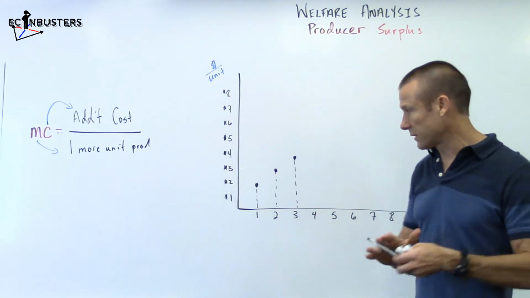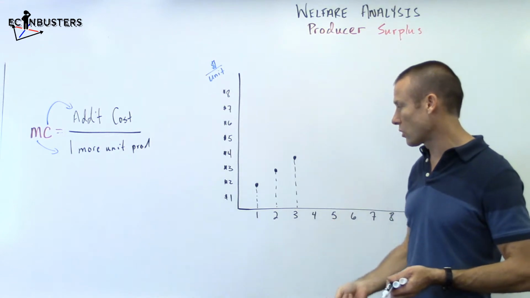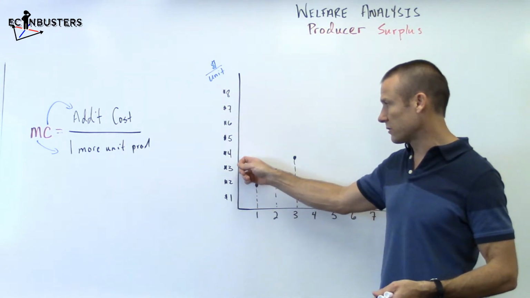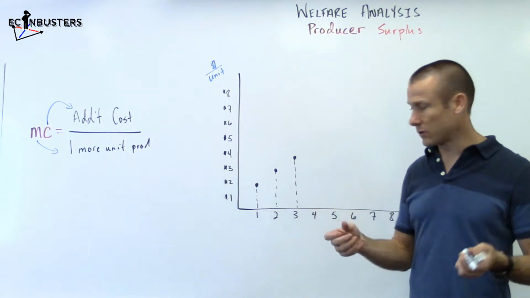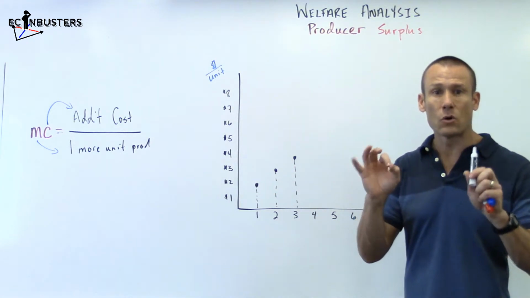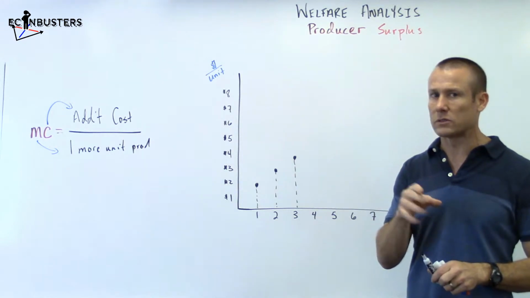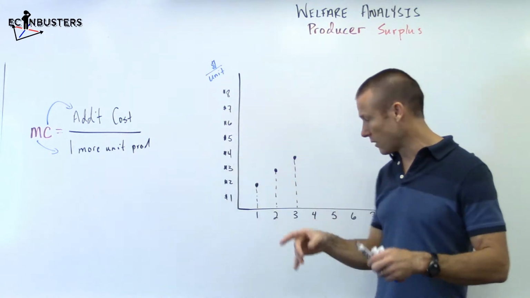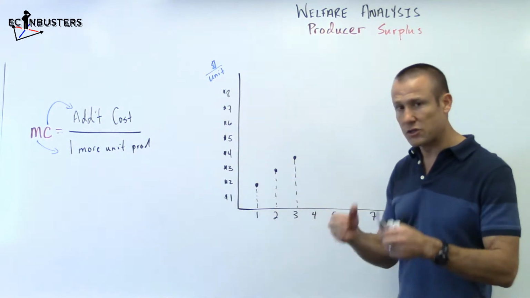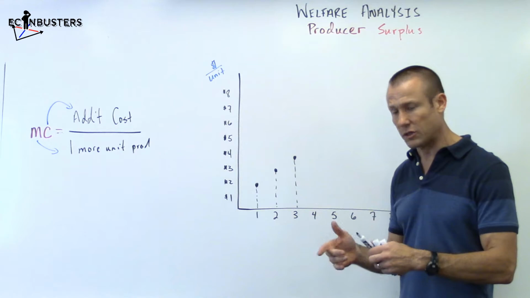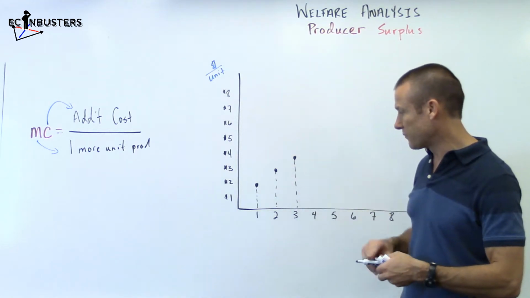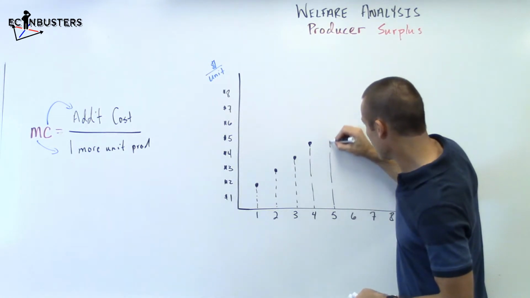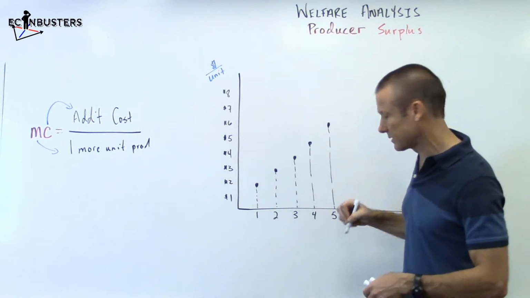Just to make sure we're clear, what does this mean as far as total cost? The total cost to make 3 pizzas would be 2 plus 3 plus 4, which is 9, okay? So to make 3 pizzas, the total cost is $9, but that's not what we're focused on. We're focused on the marginal cost, the additional cost of making one more unit. So to make the first one, $2. The additional cost to make the second one, just to make that second one, $3, and then $4 for the third, $5 for the fourth,